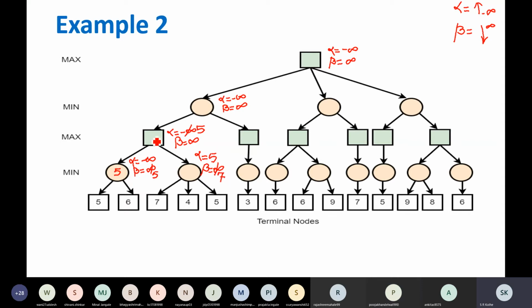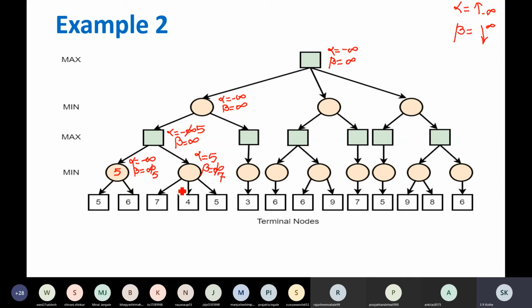Shall I write value 5 out here right now? No, correct. Because right now we don't know what it is getting from this side. Right now we know that it is getting 5, but we don't know what the maximizer will get from this side. So don't fix that value. It's a maximizer node. If it gets greater than 5, it will take that value. Otherwise, that value will be 5.